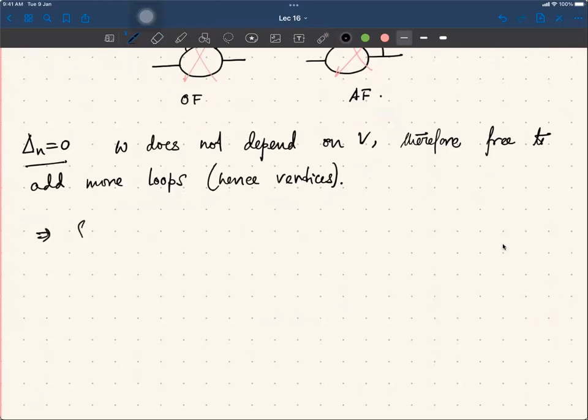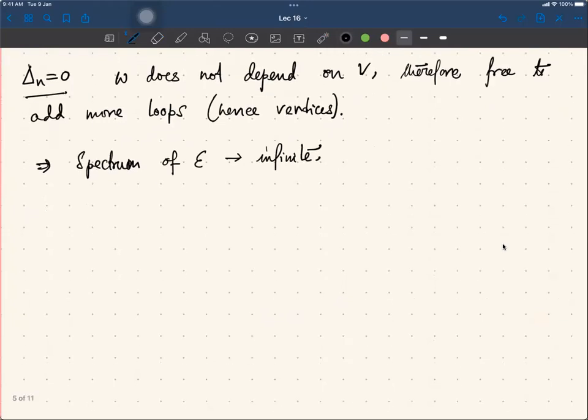There is no limit to adding such loops, so the spectrum of E is going to be infinite. So this is true in general, but for D equal to 4, delta n is phi 4. So phi 4 in D equals 4, we have